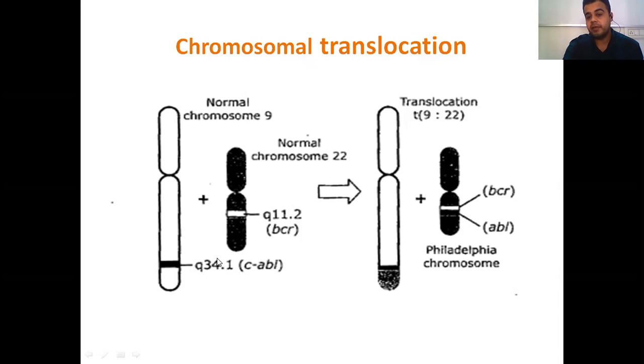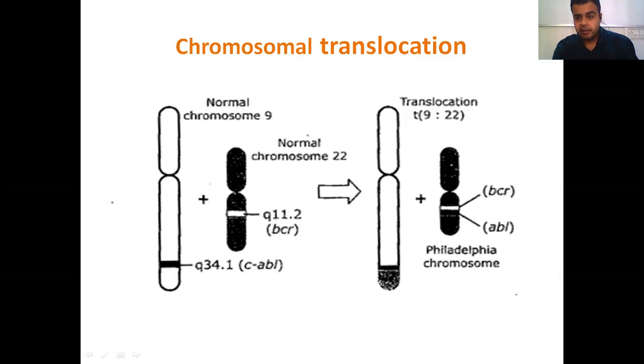Now there is a gene called ABL, and there's a gene for BCR. Now if it is transferred into chromosome number 9, then combinedly it has both the genes, BCR and ABL. Now both the genes will express themselves. Such a chromosome where the translocation between chromosome number 22 and chromosome number 9 has happened, we call it a Philadelphia chromosome.